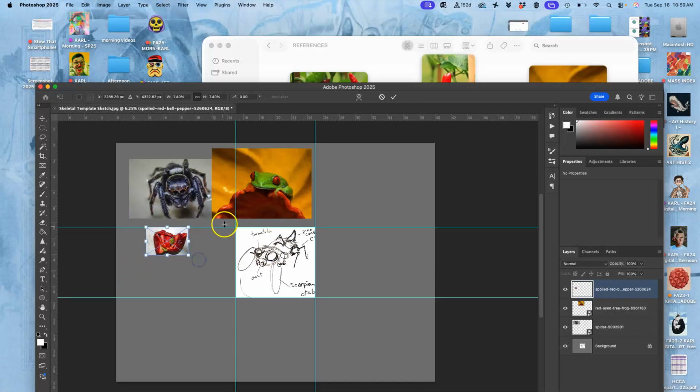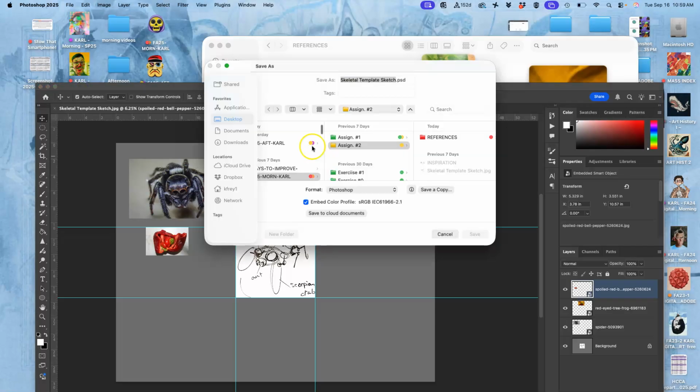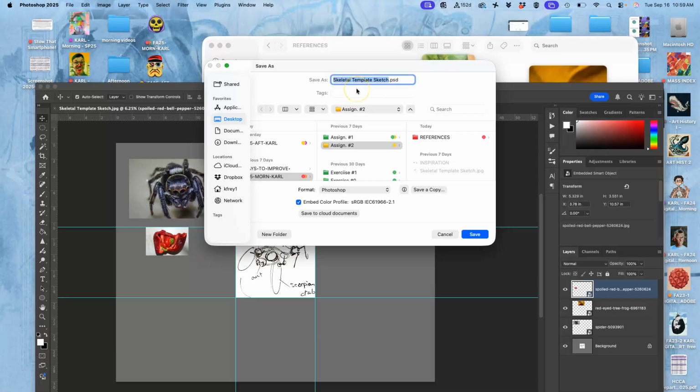All right. Now is a good time to save it. You can notice the smart objects, file, save as. Make sure you save it with your name. It needs to be saved as something other than a JPEG because it's got multiple layers. So I'm going to call it a Skeletor crab, but I always start with my name. So Karl, assignment 2, where the morning